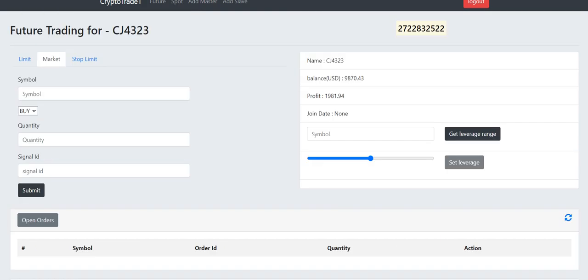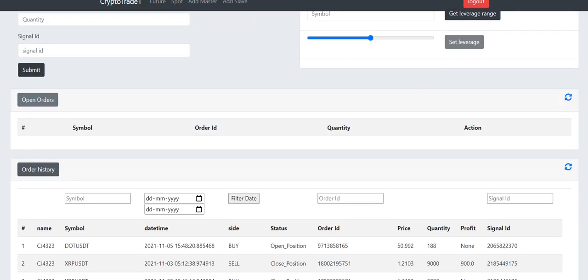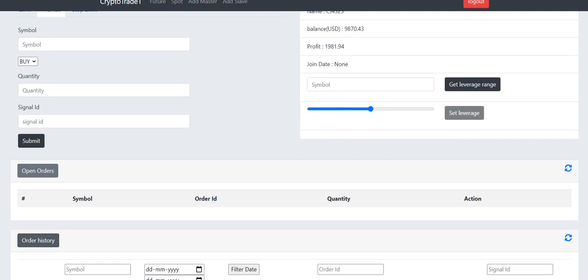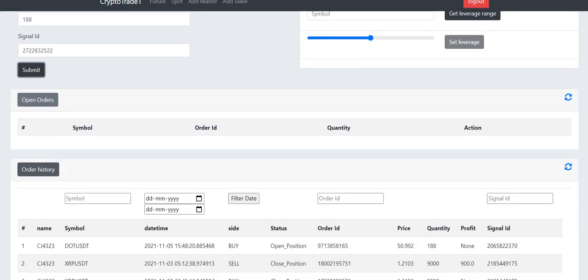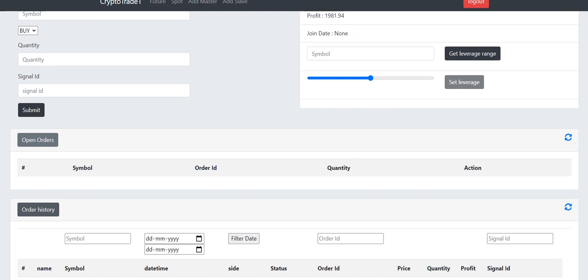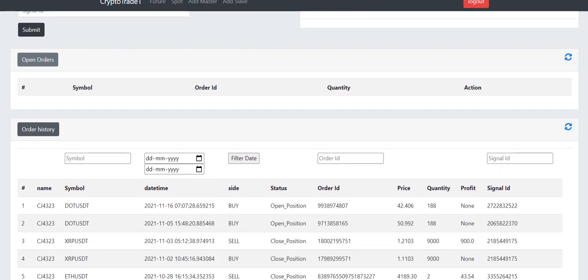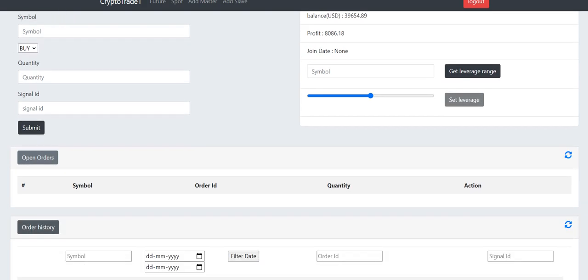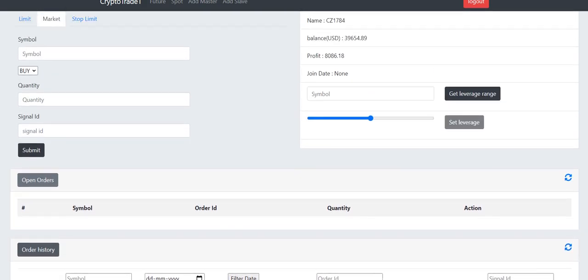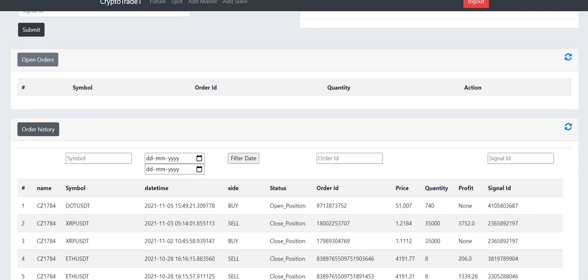You can see the open position with the price also. This is the complete details of the price and the trades we have taken into the client's account, as per the symbol, which is the .USDT, and the quantity is 188, which is mentioned in this particular pair. So you can see all the details and order history about these trades, and you can cross verify. We have multiple entries into the .USDT as mentioned, and the open position we are going to show you for the different clients.